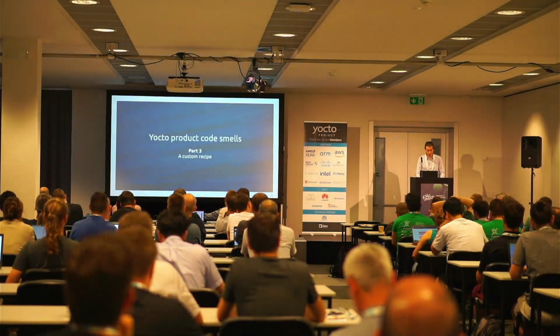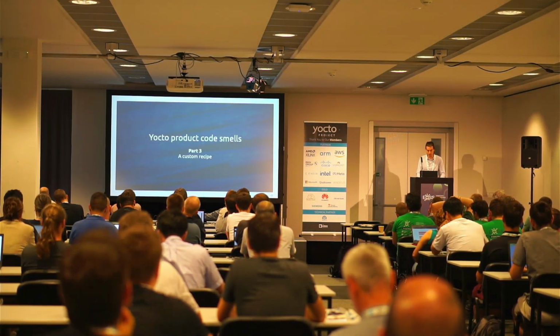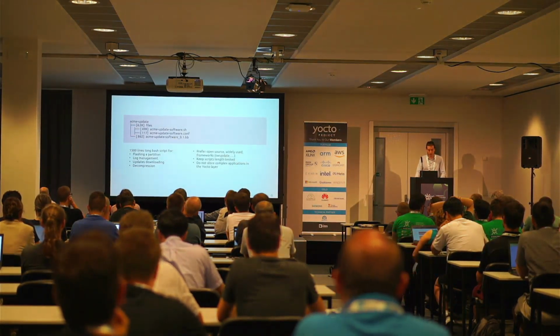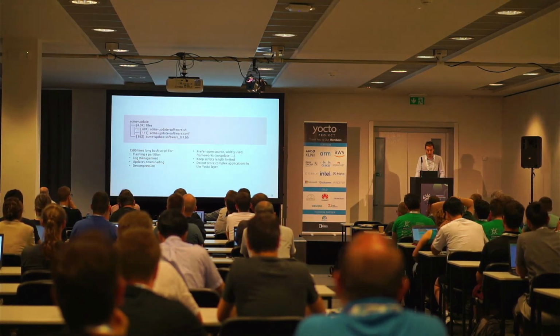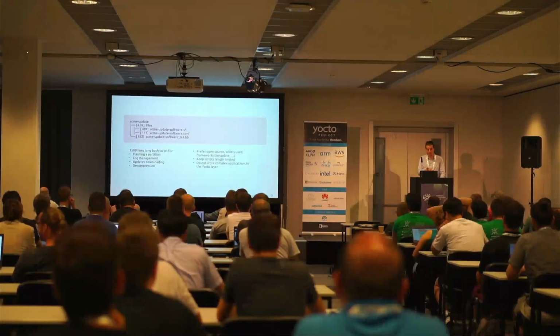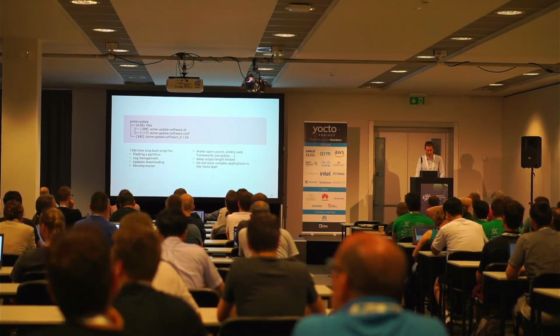So now we are going to see a few examples of code smells in custom recipes. So this recipe, the Yocto recipe itself, the .bb, was pretty fine. It's an update software from the Acme company, as always. What I didn't like, and that's why I added the sizes of the files in it, is that we have a 50 kilobytes script in it. So that was actually a 1,500 lines long bash script.